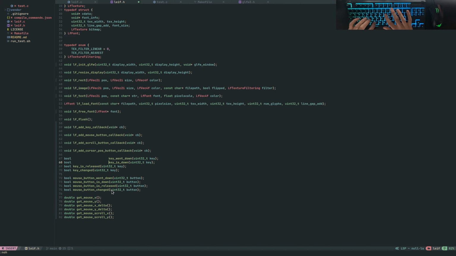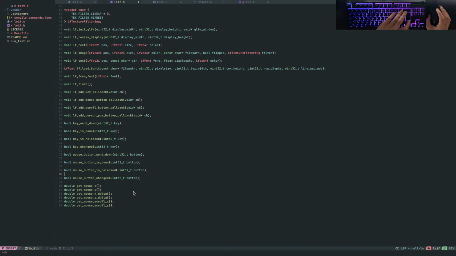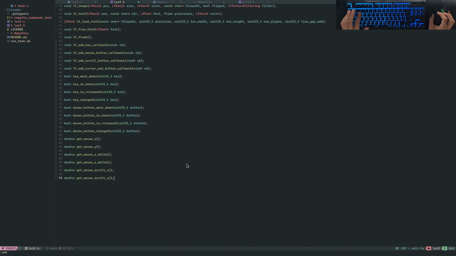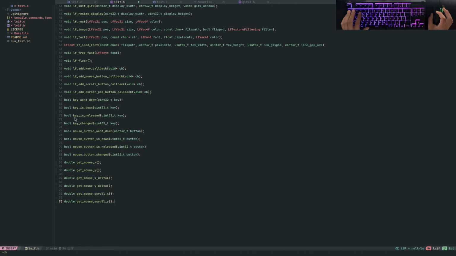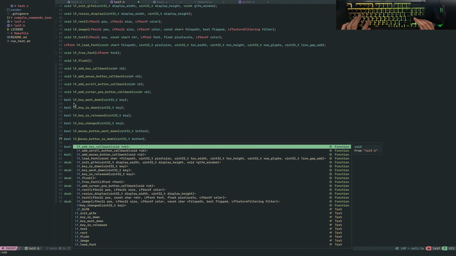Key is released, key is down, key went down, and then add a space to all of those. Cool. Pretty dang cool. And now, oh my god, LF to all of those. LF key is down, LF key changed, LF mouse button went down, LF,